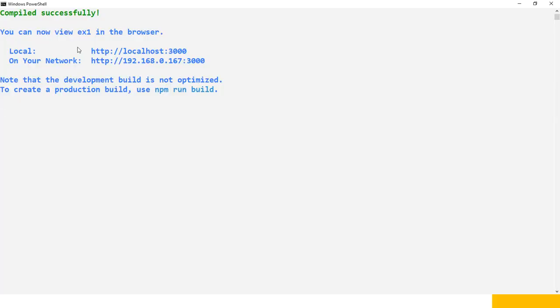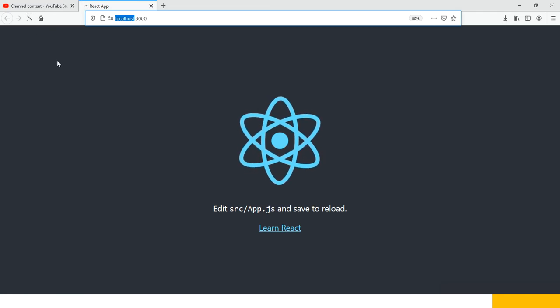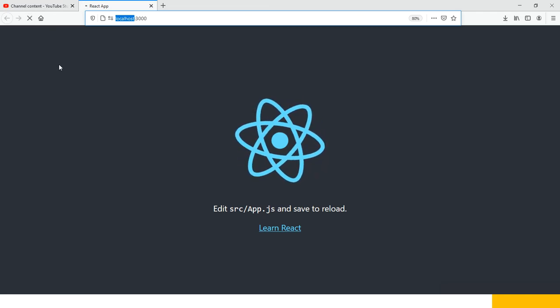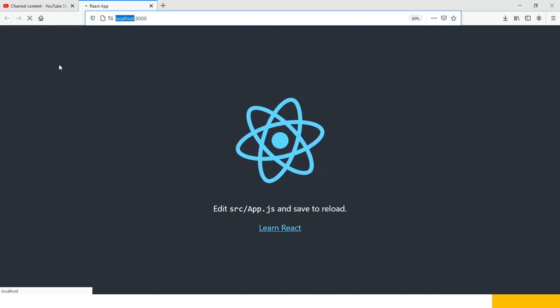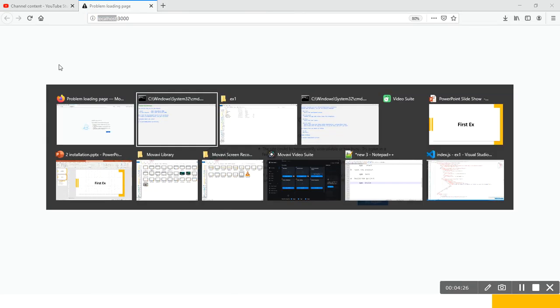Right now our server is still running, and you can identify this information here. In this way I can create the project and execute the project. Observe, I am stopping this, so our server is stopped and we cannot access it anymore. This is the way I can create the project and execute the project.